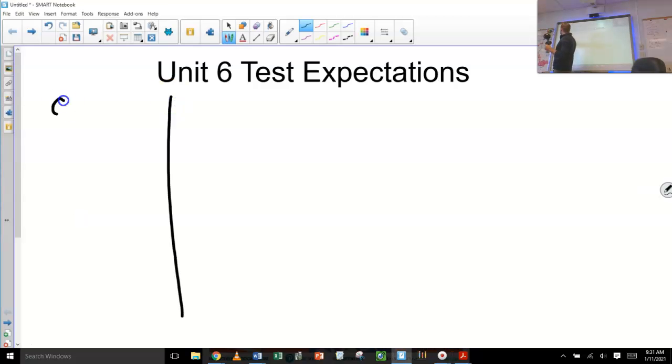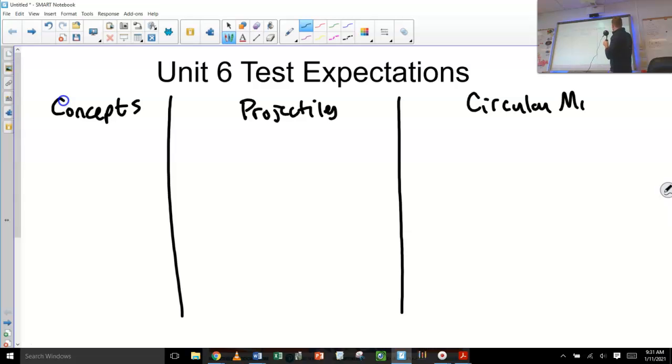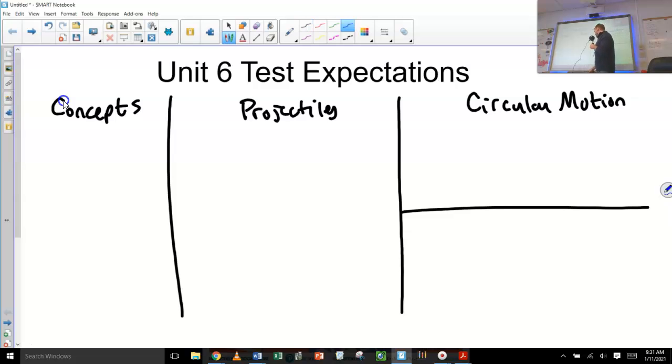The first thing, there's going to be concepts. And what do I mean by concepts? This test is kind of broken into two pieces, fundamentally. There are projectiles, and there's circular motion. Inside of circular motion, it's either a horizontal circle,